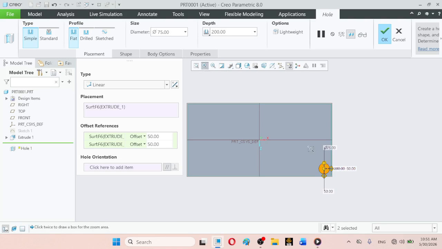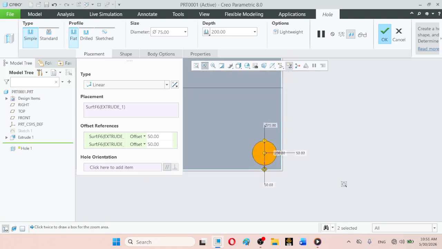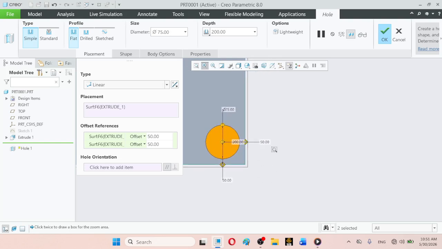If you zoom further, from this edge to this center is 50, and from this edge to this center is also 50. Or if you want, you can increase 50, for example make it 100, like this.